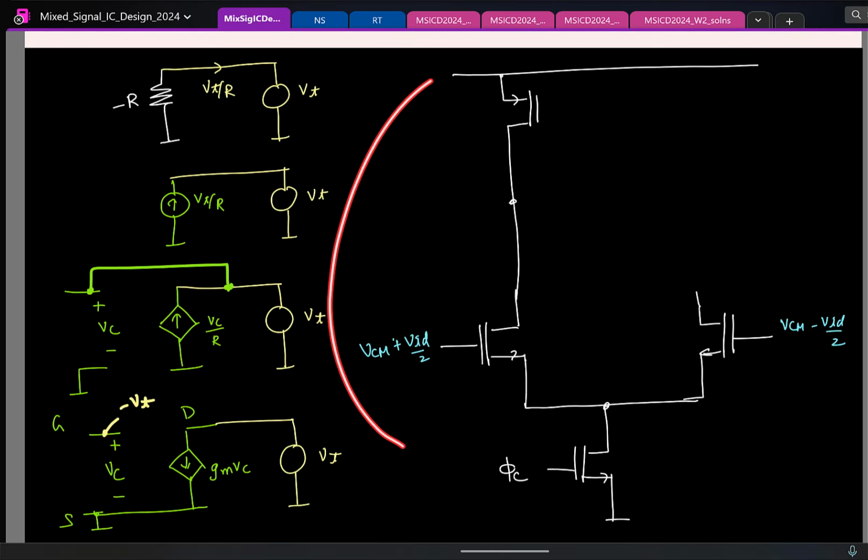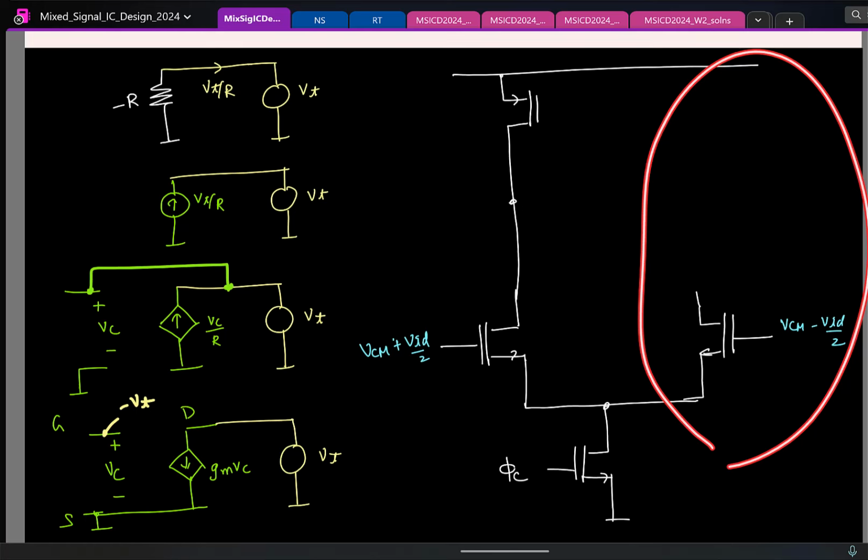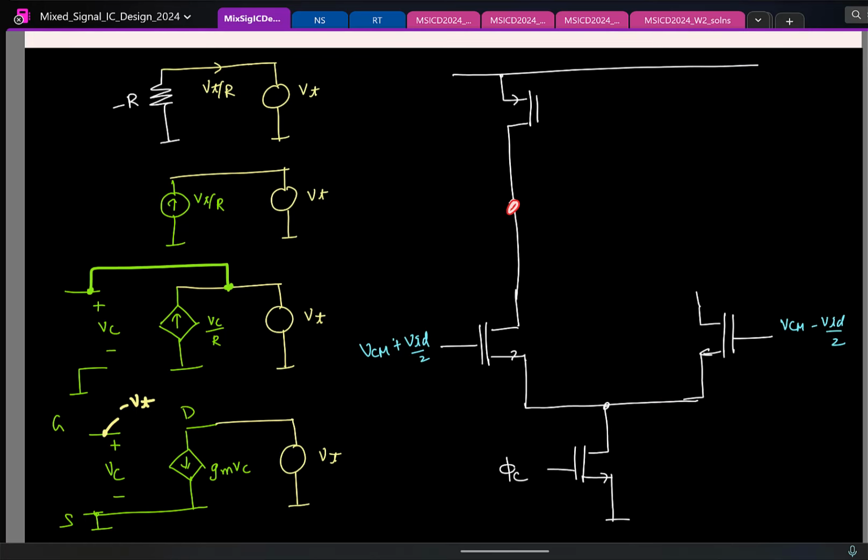Remember, this branch is processing positive input, this is processing negative input. So voltages here, if it's plus, it will be minus. So what I have to do, take this gate, and what should I connect it to? I connect it to the drain of this. So essentially, if I